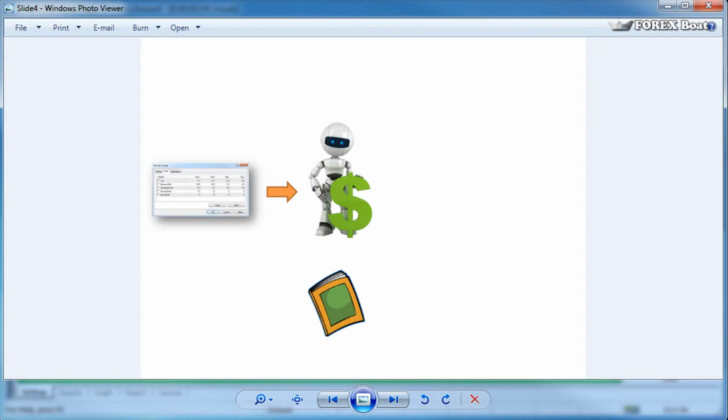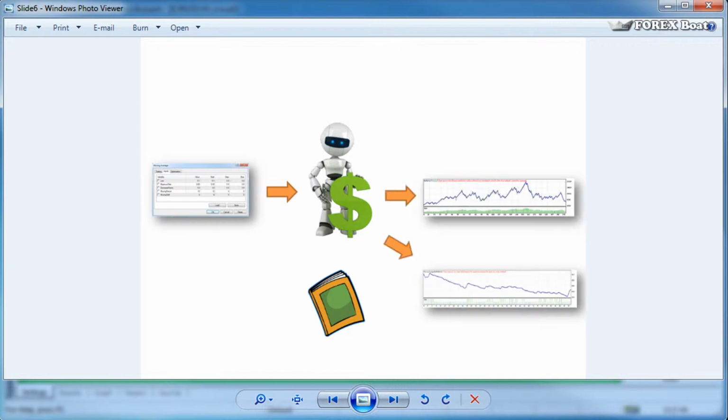knowingly set these expert properties to certain values, and you will either get unprofitable results like these two, or if you set the parameters correctly, if you pick the right parameters, you can get profitable results. And that's essentially what we're aiming for. In this course, we'll assume that we have an expert advisor and that we have knowledge of the parameters that we need to set, and we'll be aiming to